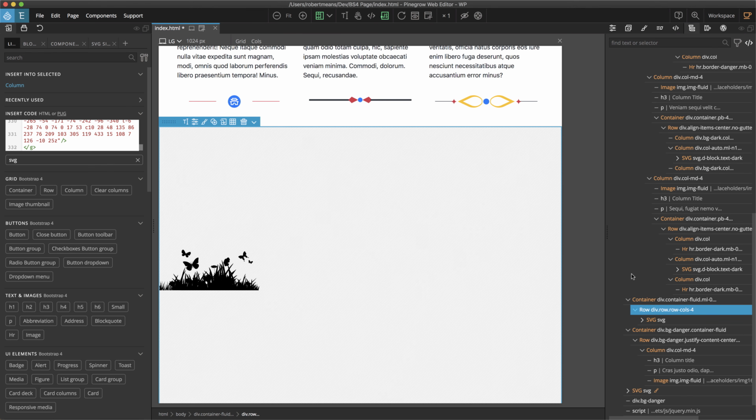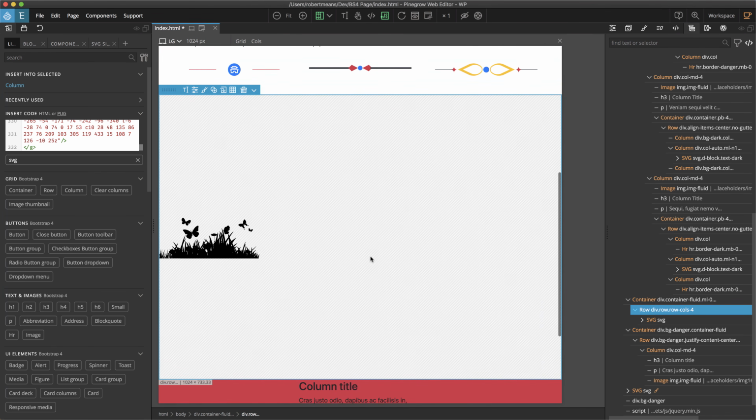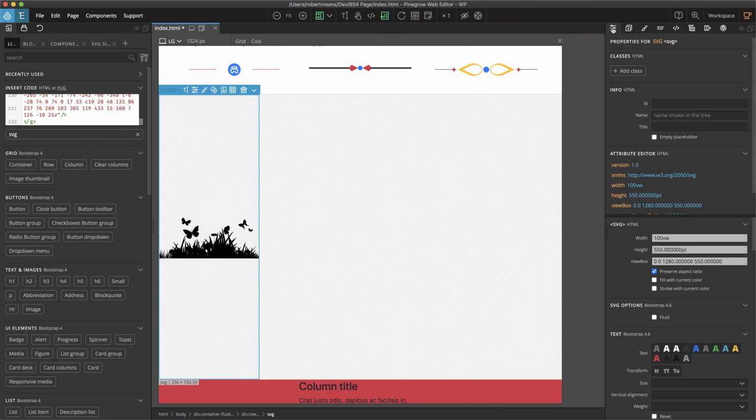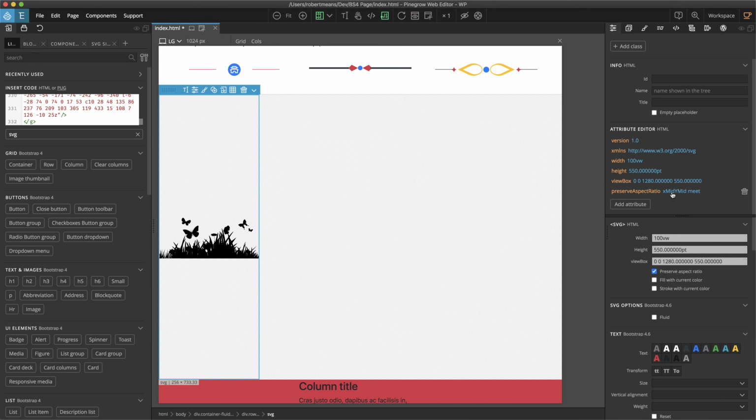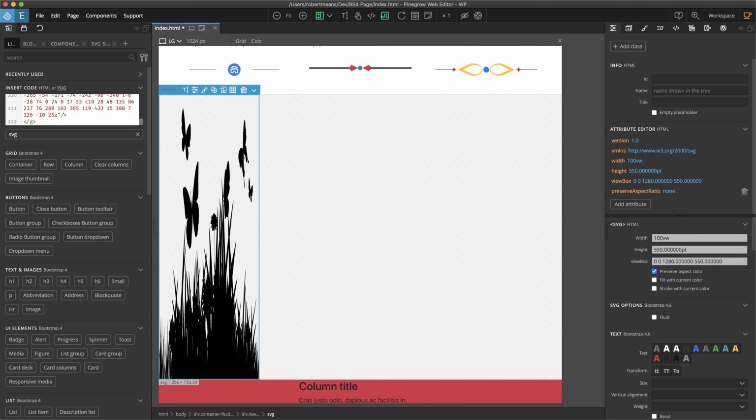Go back to our tree. So right now we have a lot of height above and below just because of how things are being preserved as far as the SVG sizing. So we need to change that. So let's go back to SVG, go here. So right now we're at X mid, Y mid, meet. So what we can do is change that to none. That's going to give us a